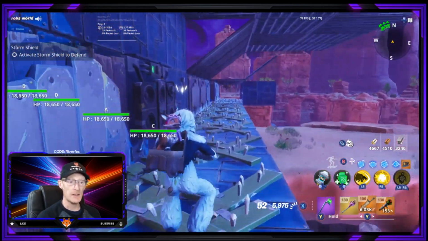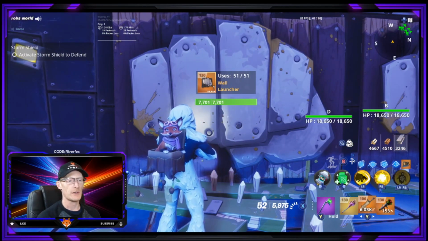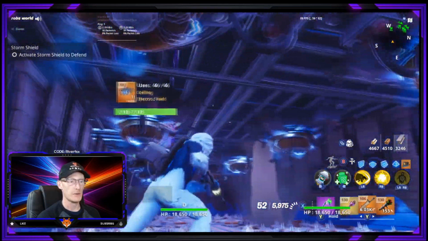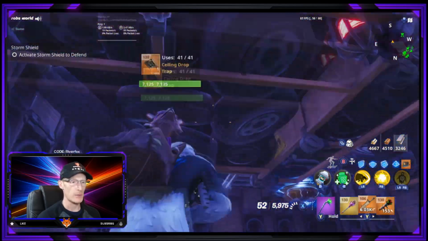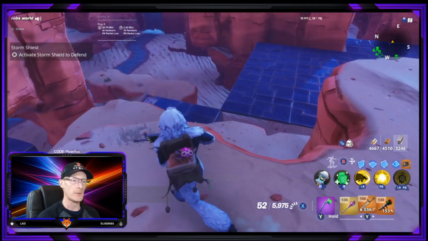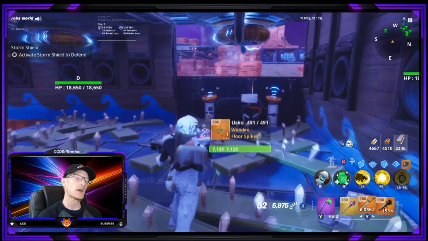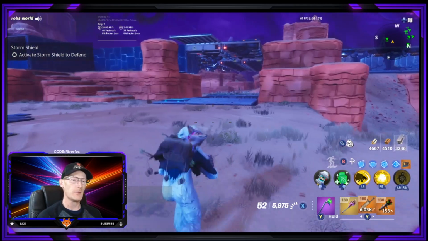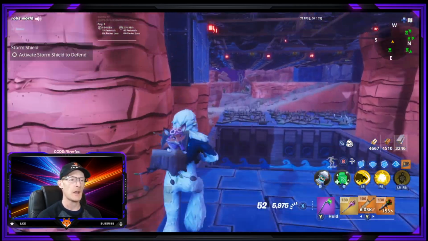Now, you will need to replace traps, even though things like the launchers and that have 51 uses to them, 46 uses for the electric fields, and I'm not quite sure how many my ceiling drop traps have got. They've got 41. So they do tend to run out quite a bit, especially the ones on the ceilings at the spawn points. But probably I would say up until probably wave 15, maybe 14, 15, I have been able